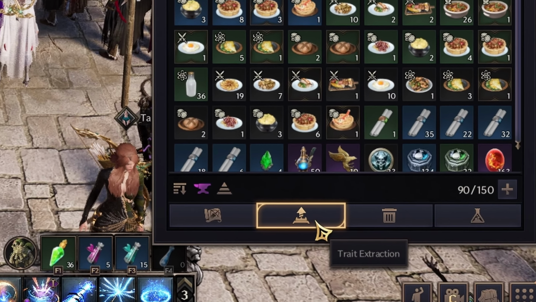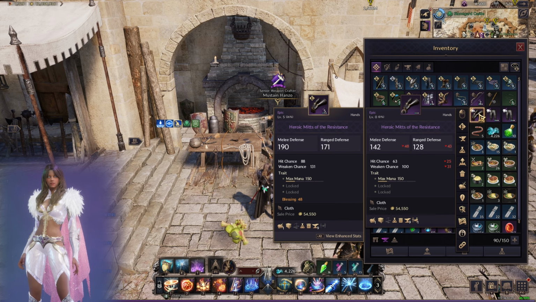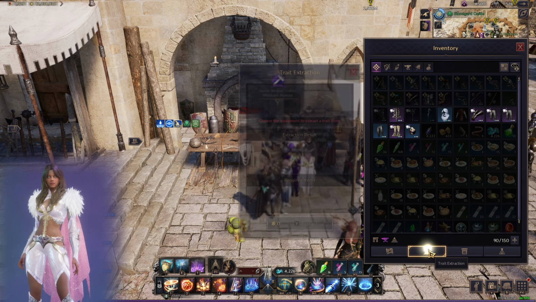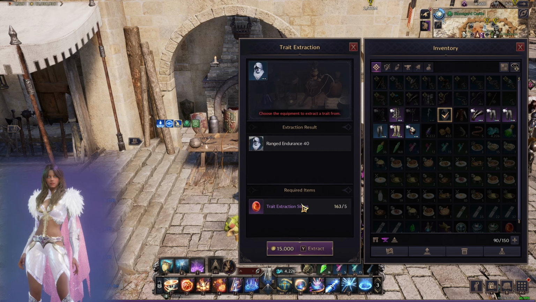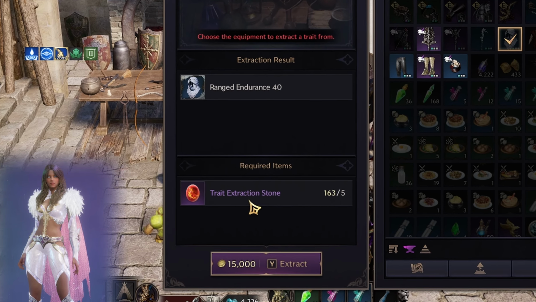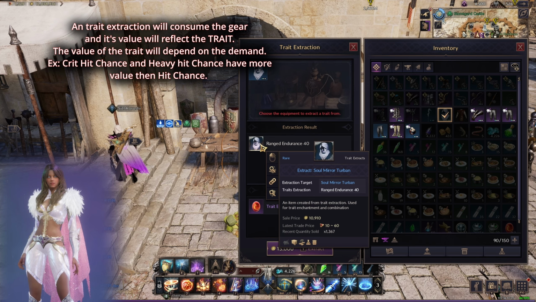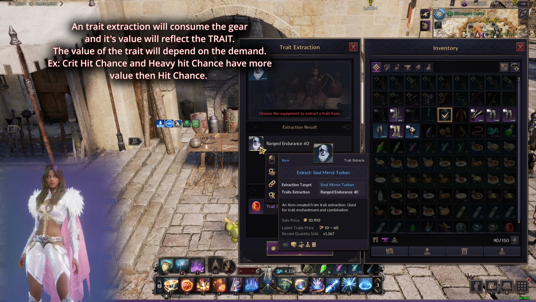What's the difference between trade extraction, lithograph, and selling something as a whole? I'm going to explain everything that I know. The first thing, before you do trade extraction: if I take anything like this, it will consume one trade extraction stone, which you need to have, of course, which will then become an extraction soul mirror turbine. Once you do that, it consumes the armor or the weapon, and you can sell that in the